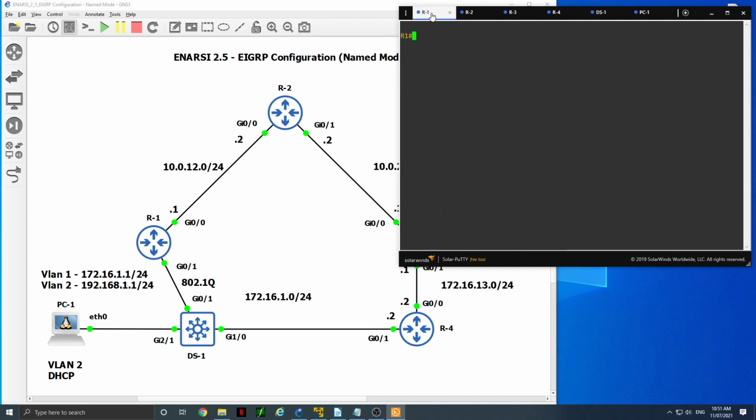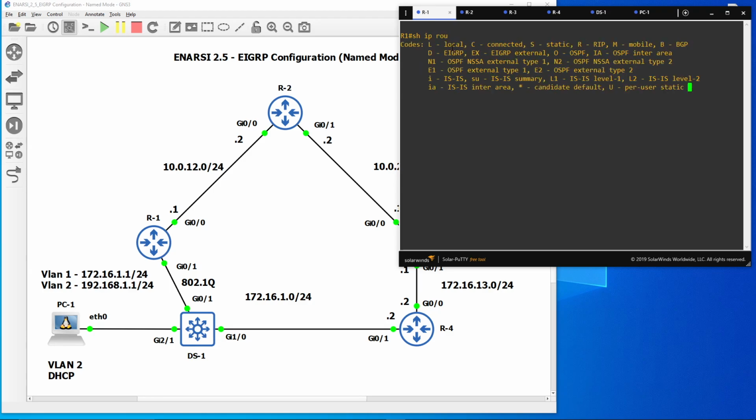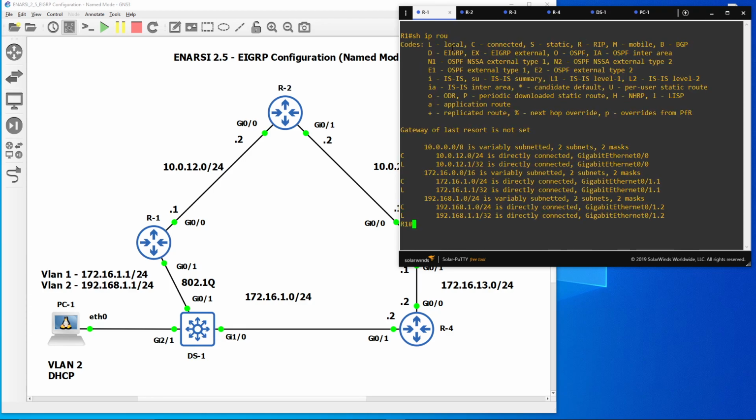And if we flick across to router 1 and do a show IP route, what we should have is the directly connected networks, and that's the state on every device at the moment, just basic config of the devices. So let's get into config mode